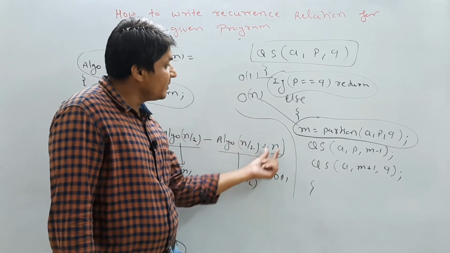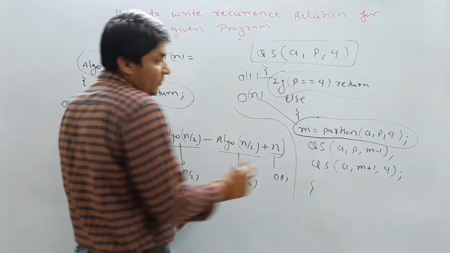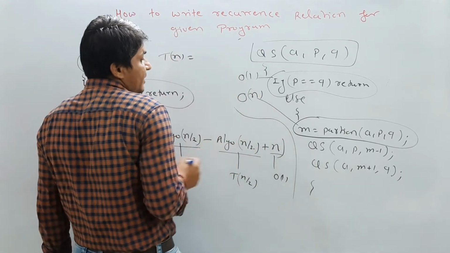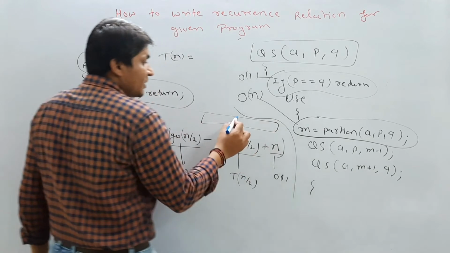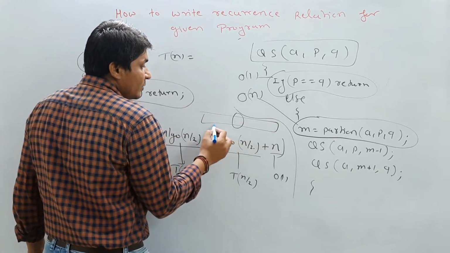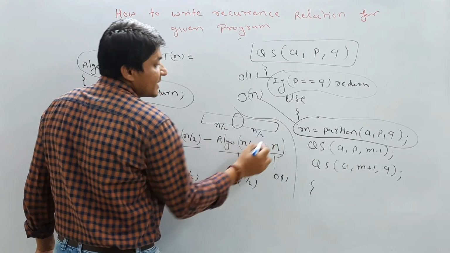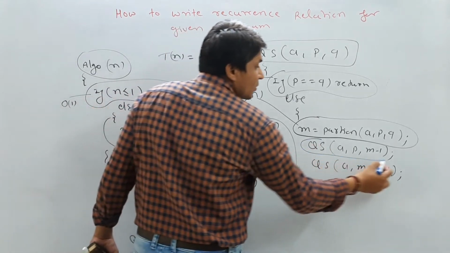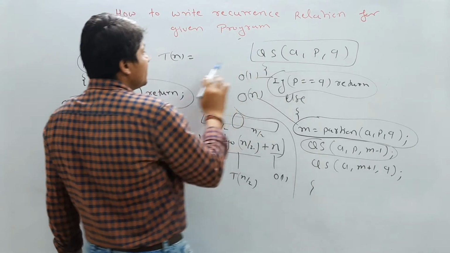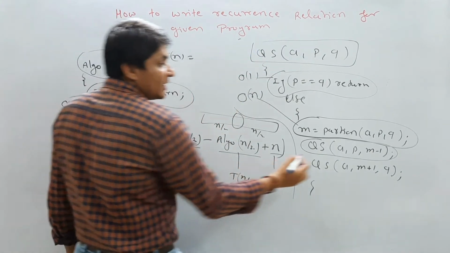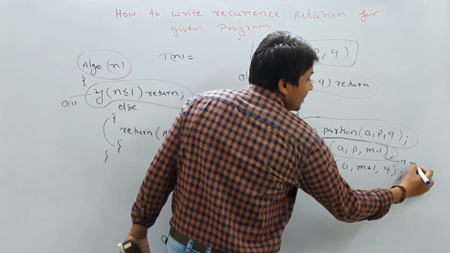That is the difference between this and this. So let us assume initially you have this array, and after partition, let's suppose n by 2 elements are on this side and n by 2 elements are on this side. Then again you are going to apply quick sort on the n by 2 elements. If you solve an n elements problem in T of n time, then it will take T of n by 2 time.